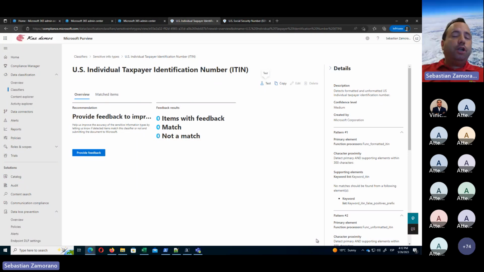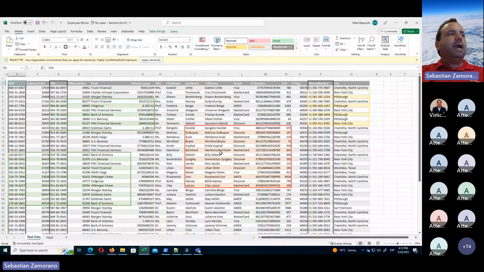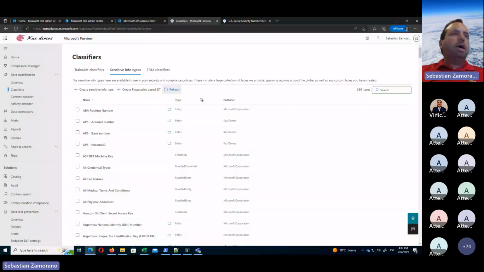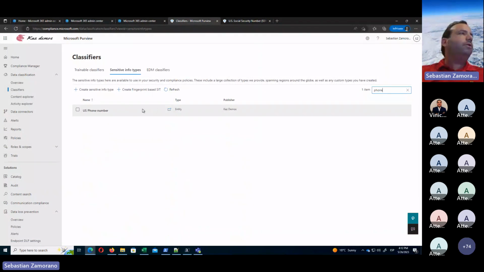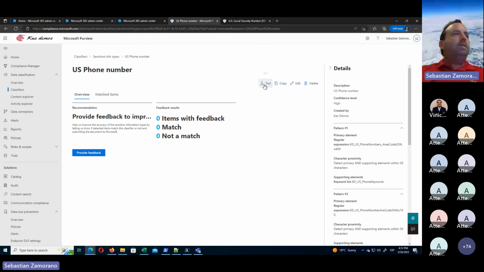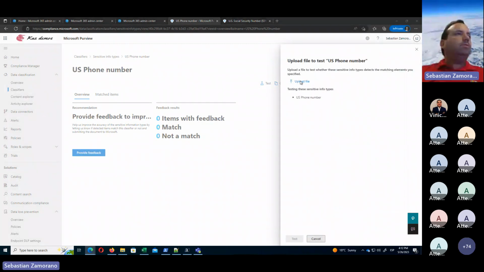If not, the most common scenario will be that the EDM, the exact data match, doesn't work. In this case, I select 3 columns as a primary element. Now I need to test the last one. The last one is the phone number. I created this phone number for US. Let me test. Upload file,